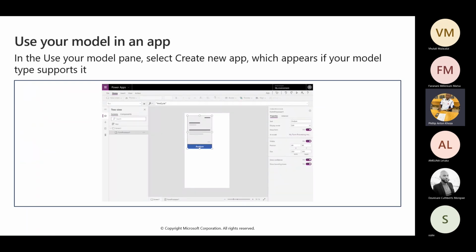In the use your model pane, select create new app, which appears in your model type. This redirects you to a Canvas app creation with the AI Builder component already added to your Canvas app, or you can create a Canvas app and then add in the model that you have. Let me just go to